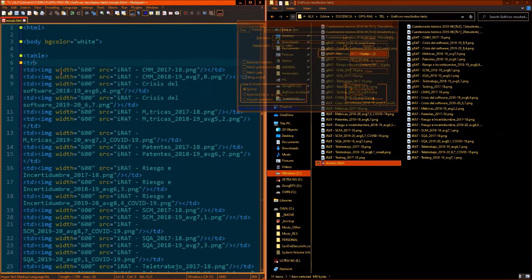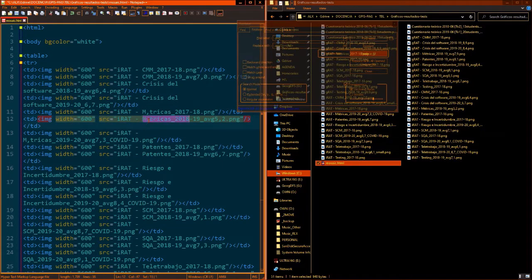So I need to think of where do I include table rows. My idea was to include all the exercises of the same type. You see that some say capability maturity models. We have two with CMM. We have two with the critical software. We have two with metrics and so on.